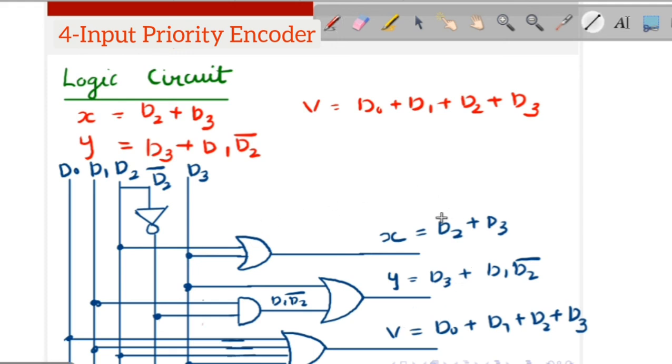So in this 4-bit priority encoder we resolve the issue of more than one input, maybe one at the same time. By giving priority to the input, we resolve that issue. And also when all inputs are 0, then output is 0. Okay, so in the case of 0 also output is equal to 0. To resolve that issue, in the output we give a valid input. So valid input is equal to 1 only for valid inputs. Okay, so this is the implementation of the 4 input priority encoder.